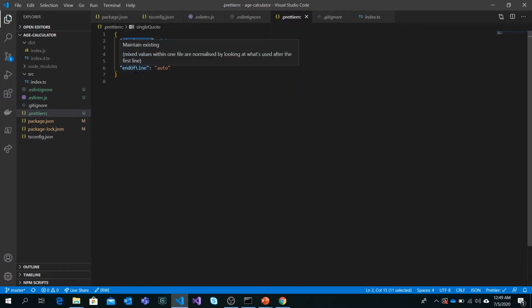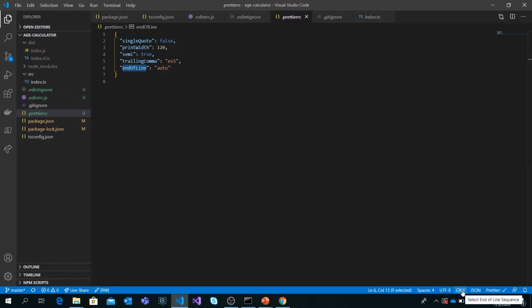The important thing I would like to mention is the end of line. If you're working in a Windows environment or a Linux environment, your end of line will be different. I'm working in a Windows environment, so my end of line is CRLF, but if you are working in Linux, it will be LF. So I would like to give it as auto.